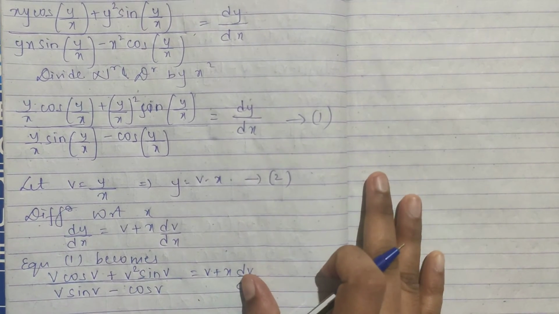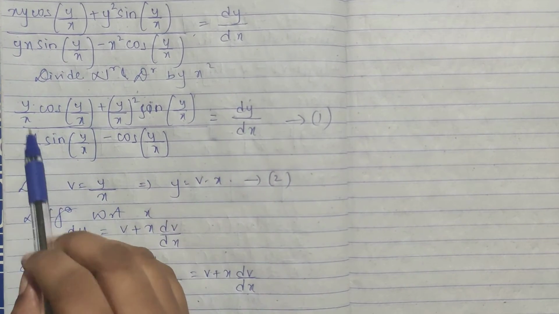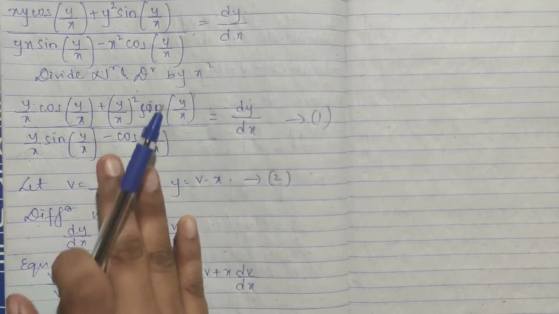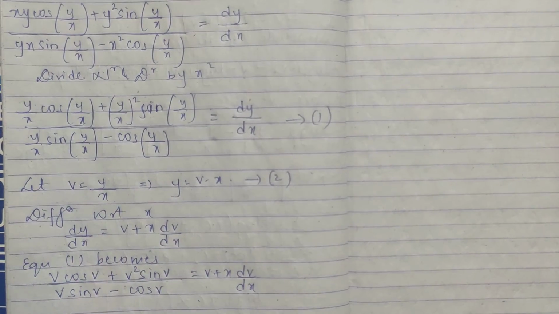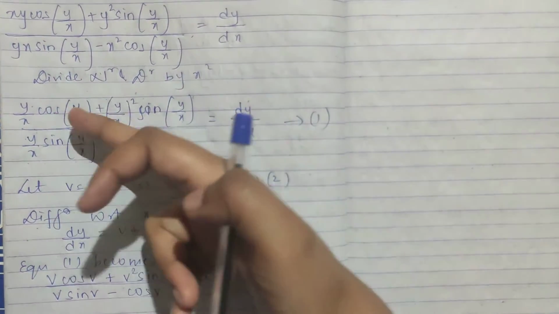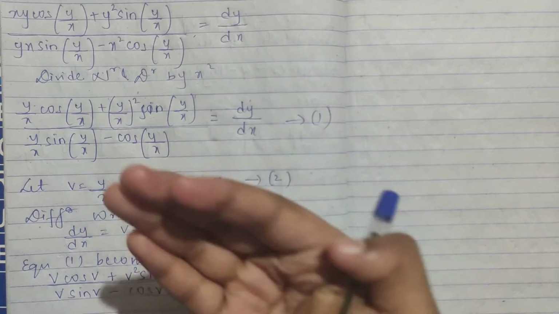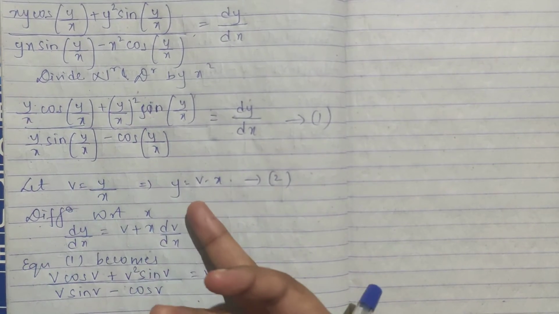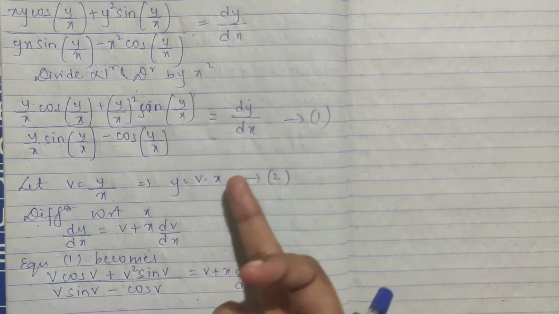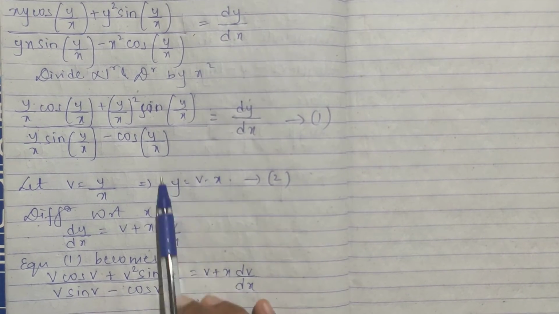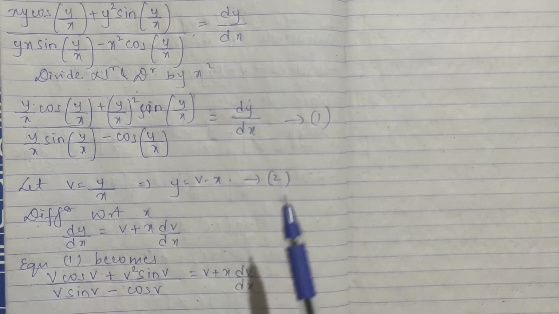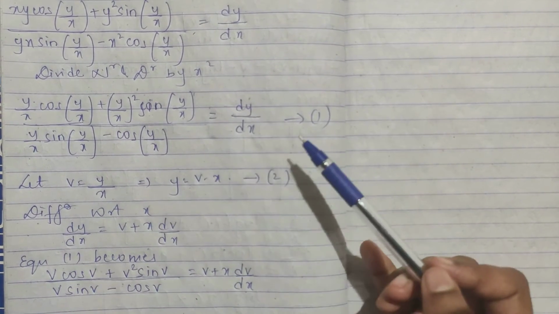So now you can see everything we have got in the form of y by x. So what we will do, we will substitute v as y by x. Same procedure: first you have to try to get it in the form of y by x, then substitute it. y is equal to v into x, differentiate this part. So what we get, dy by dx is v plus x dv by dx. Again and again, I will not tell the differentiation method. Substitute in your equation 1.